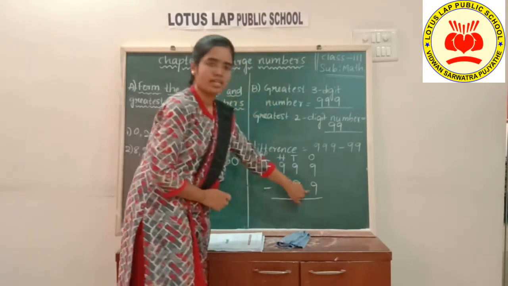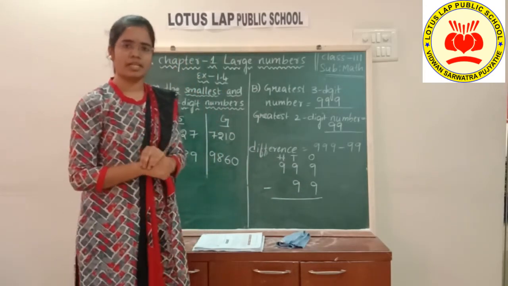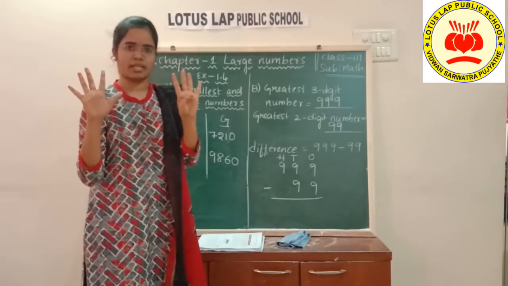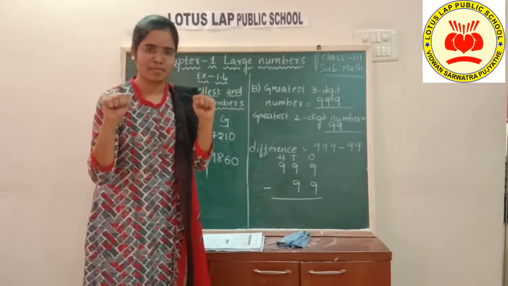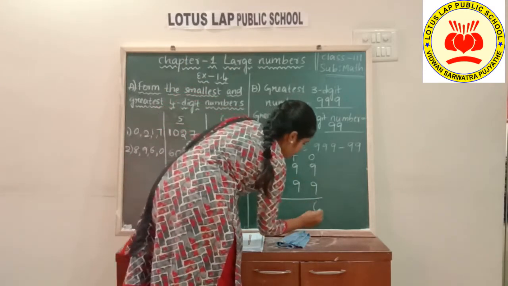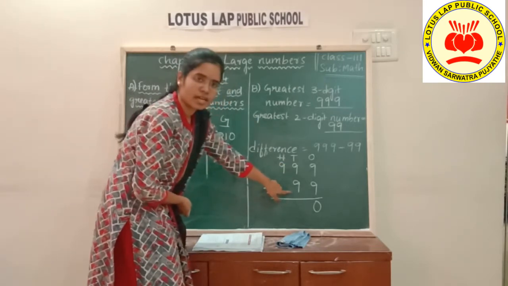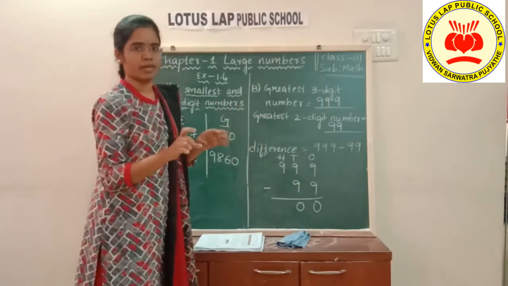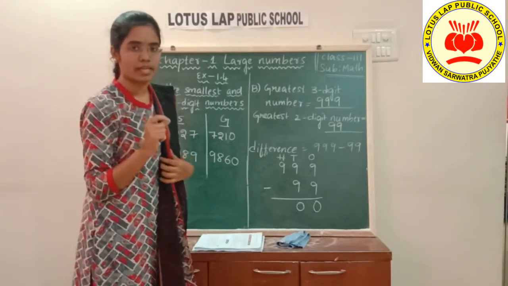So now 9 minus 9. What is 9 minus 9, children? Yes. 9 fingers. I am subtracting 9 out of 9 again. See? What is left over? Is anything left? Yes, 0. Okay? 9 minus 9 is 0. Now again, 9 minus 9. Again it is, yes, 0. When you subtract a number from the same number, the answer you will get is 0.